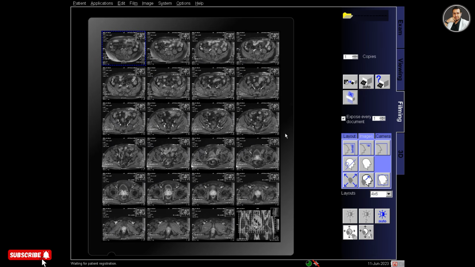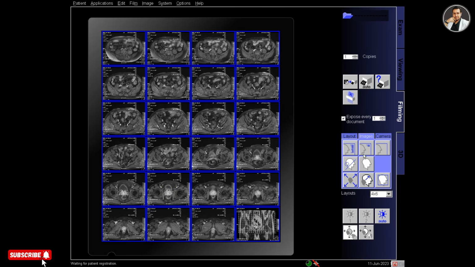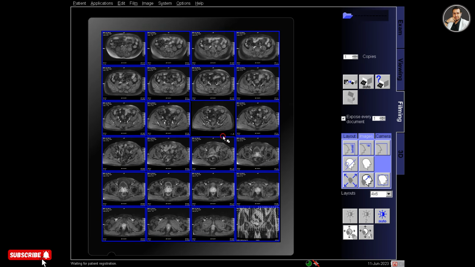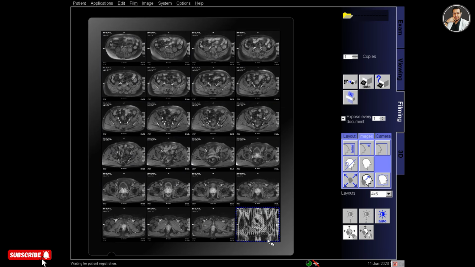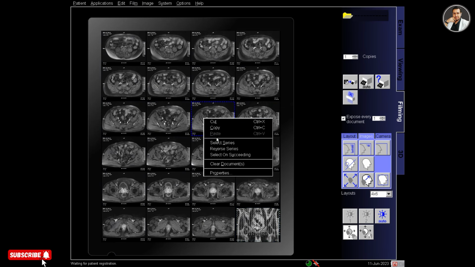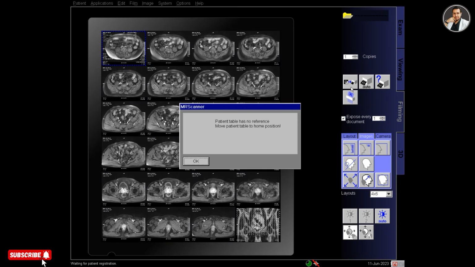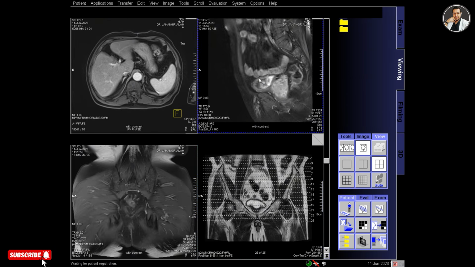Delete one or two images so that the reference image is included. So this is the post contrast lower abdomen T1 transverse fat set film that I am making and printing out.